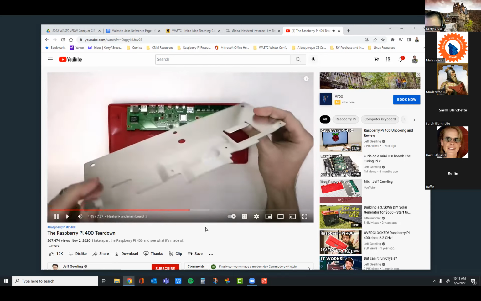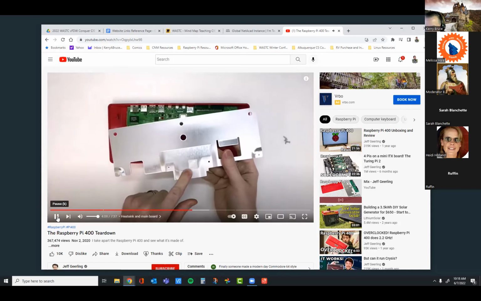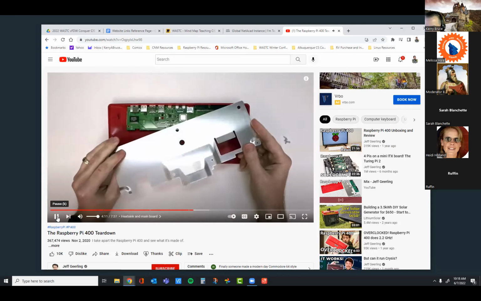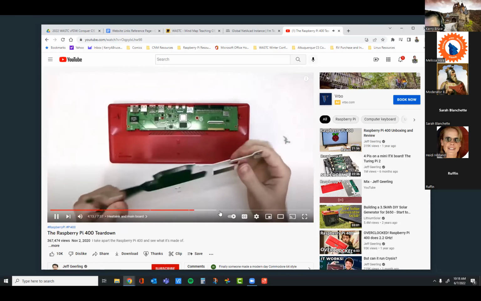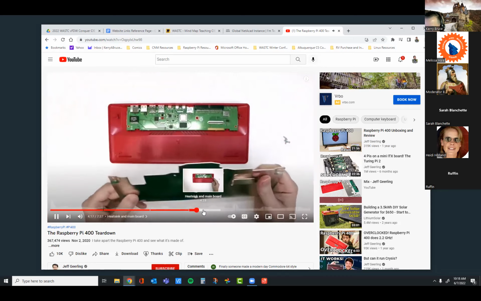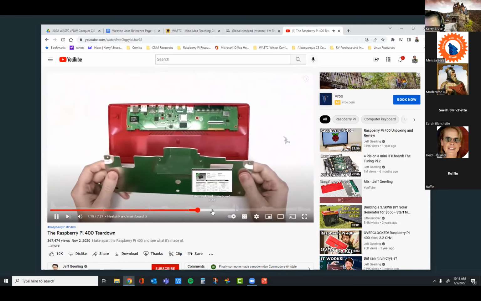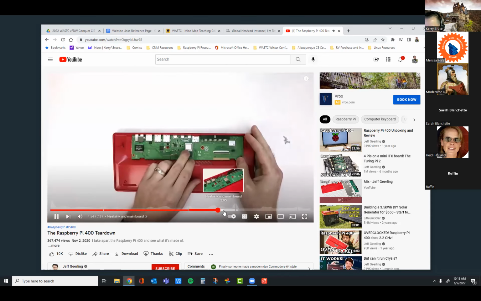The heatsink is huge, and it's only thermally bonded to the system on a chip through this adhesive here, so it'll definitely be able to dissipate the heat. I don't see any kind of, right? Unless it could be up underneath too. I still wonder though about the USB and network controllers. Sometimes they get a little bit hot if you're pushing it really hard. It might be possible to put some other thermal bond between the system on a chip.